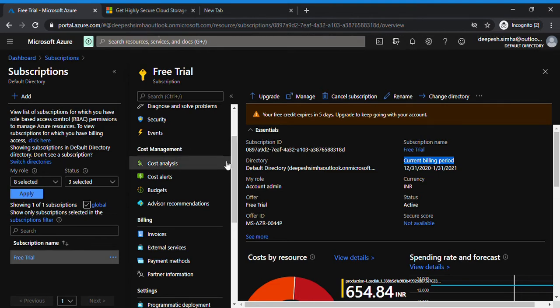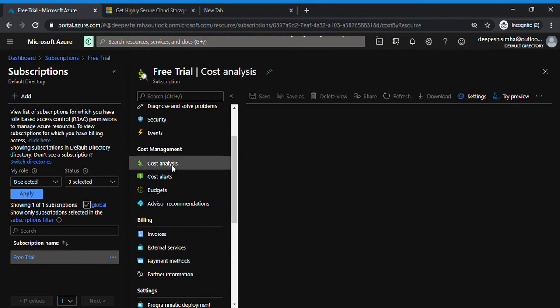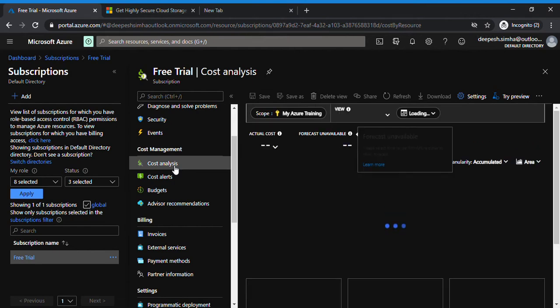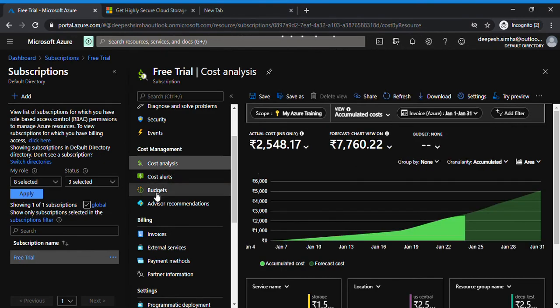By clicking on subscription, guys, you can check the cost analysis for your cloud services. What is the cost for each individual cloud service, month-wise or service-wise. So for example, you have a virtual machine, a database, a network. You can click each and every service, and you can have a look at what the cost is for that service, right? And also you can set some alerts. You can also have some budget and advisory recommendations. Okay, now if you look at the cost analysis, it's saying this is the actual cost. So 2548 is the present cost for my cloud subscription.